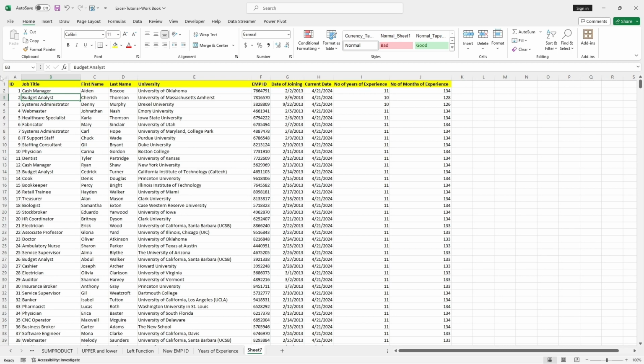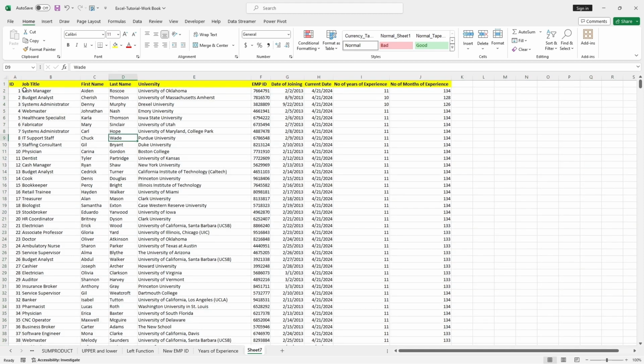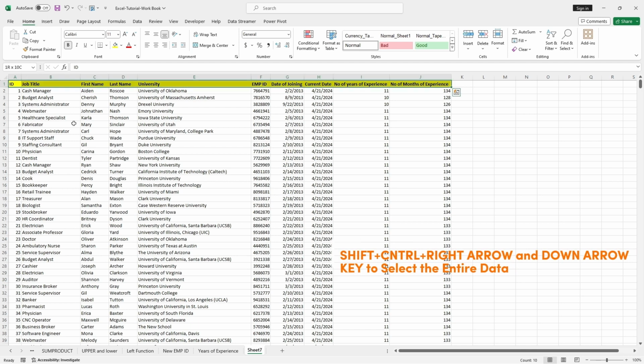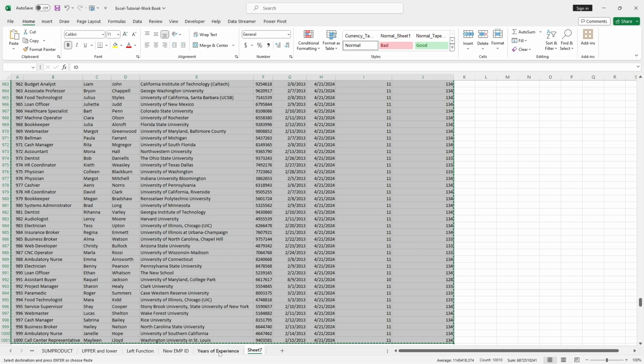If I wanted to copy the same data again back to years of experience sheet, I will select on the corner, or I can select one of the column here, shift and control, then right arrow key, then down arrow key. You will select the entire data here and go to the sheet years of experience,